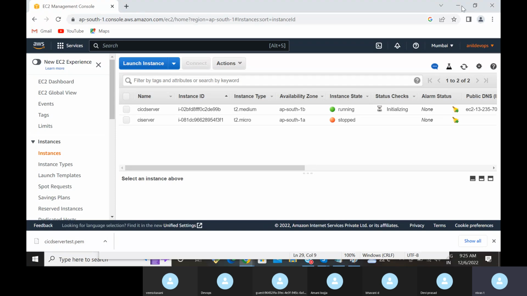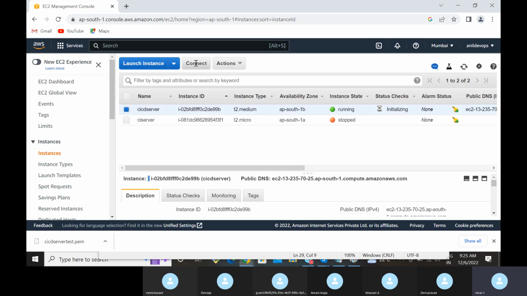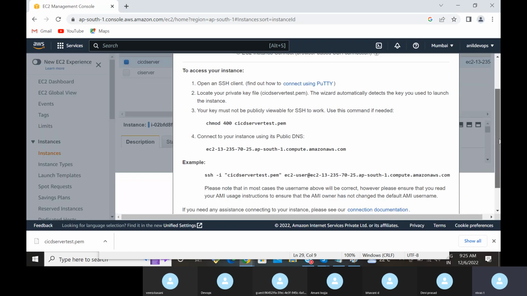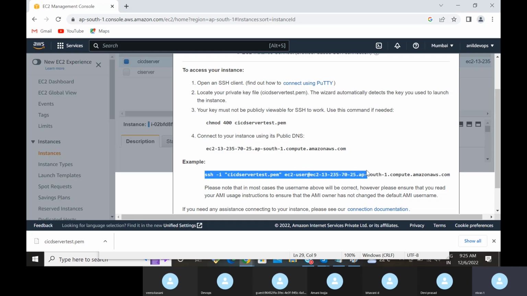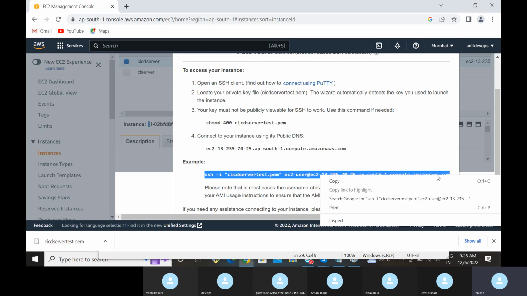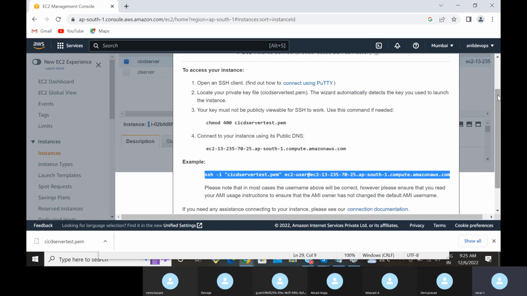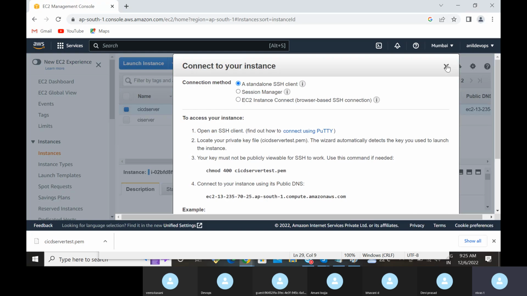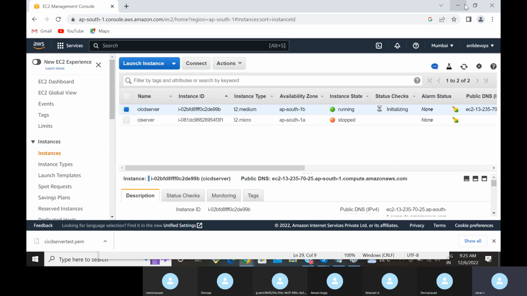It takes a couple of seconds, guys, and meanwhile, SSH. SSH is a secure shell protocol. Using port 22, we are trying to connect into the data center where our instance is running as a server. And in order to connect into the EC2 instance,